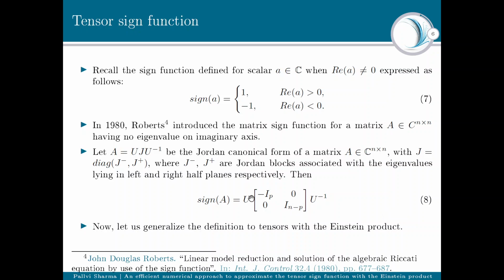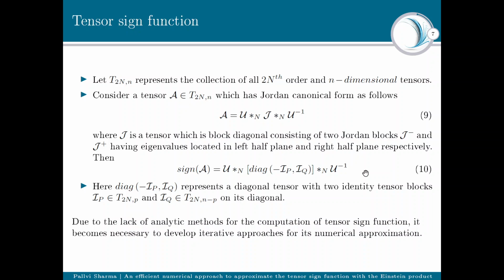Basically, at each place where matrix multiplication has been applied, we will use the Einstein product in the case of tensors. Let T_{N,N} represent the collection of all tensors of order 2N and dimension N. Basically, we can only define the sign of tensors of even order. So if we consider such a tensor A, its Jordan canonical form can be given by equation number 9,